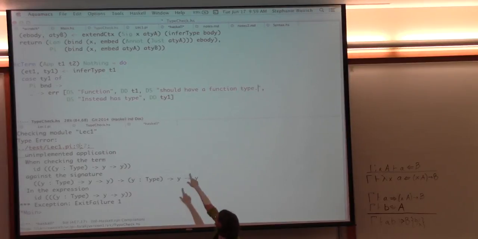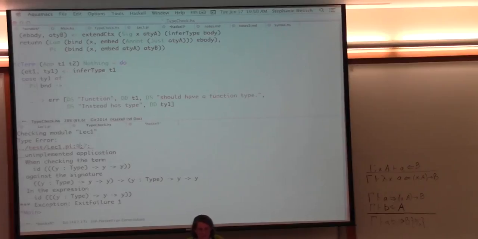These DSs and VDs, those are instructions to the pretty printer. The pretty printer knows how to print out expressions, so DD says print out the string of this expression. And it allows us to put together error messages concisely. Okay, but if we don't need to do an error message, if it is some sort of pi type,